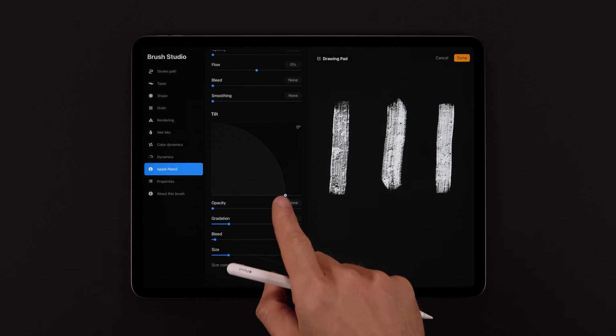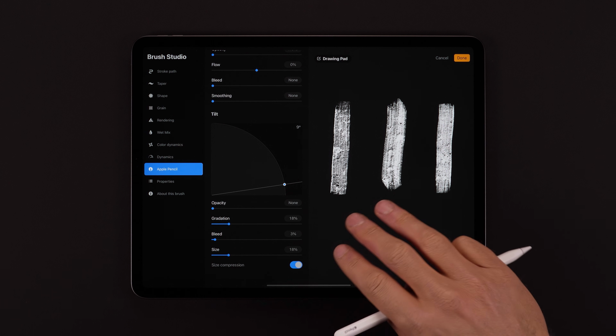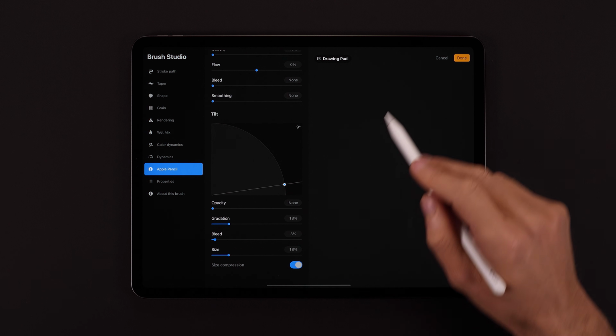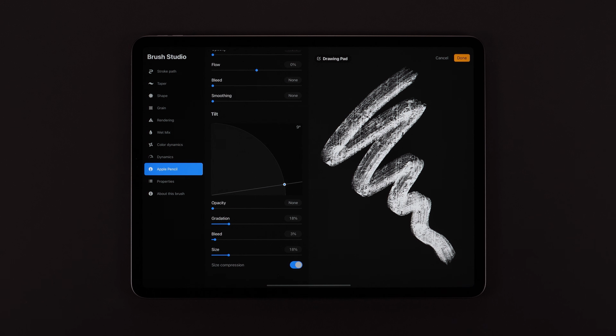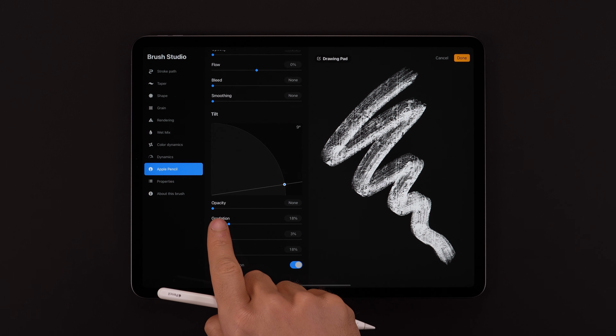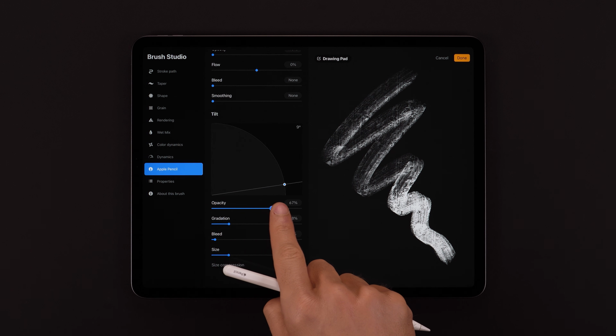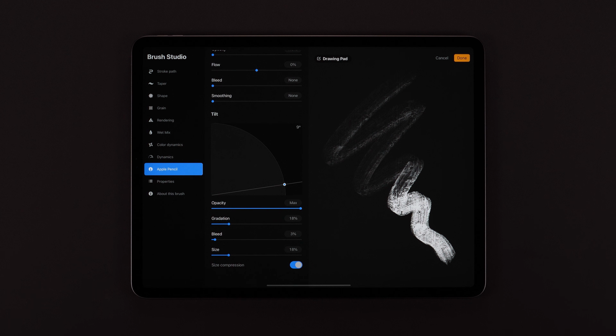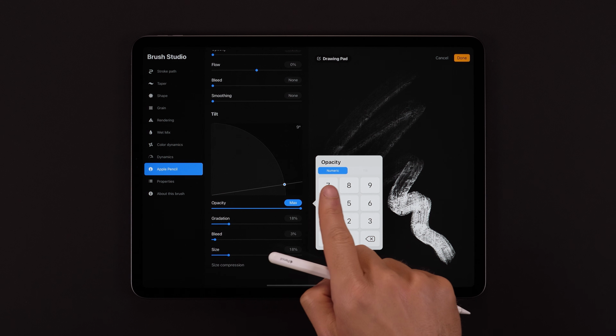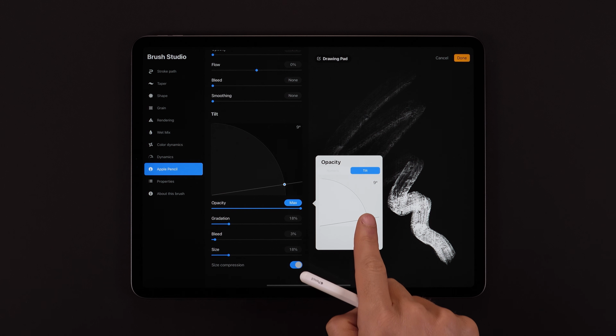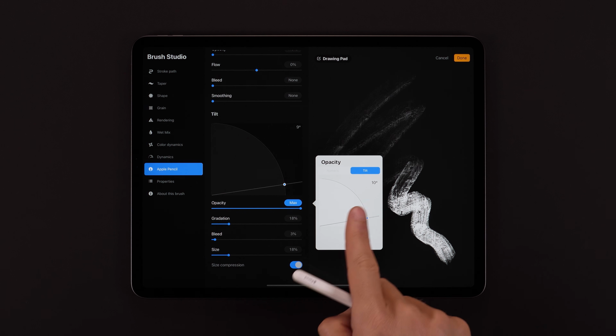This can be useful if, for example, we're changing the shape of the brush at a particular angle and we want to move the position from the tip that the stroke is being produced. Our first tilt setting is opacity. This works similarly as it does above, except that here it's triggered by tilt angle. Once we have a value set for any of our tilt settings, we can tap on the value field, move across to tilt, and then adjust the angle at which that setting's value will be triggered.